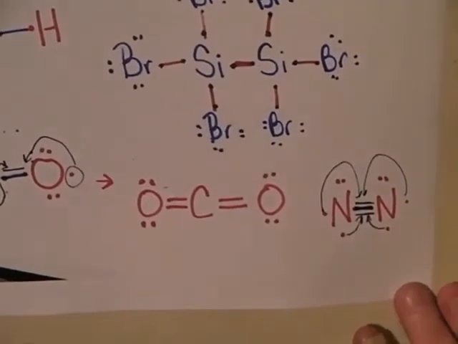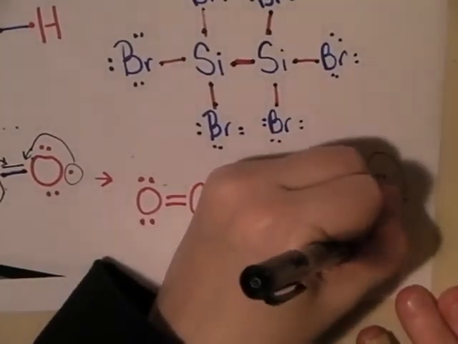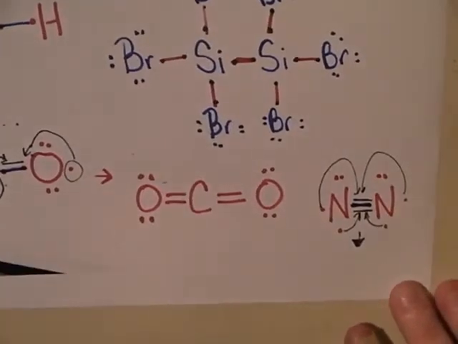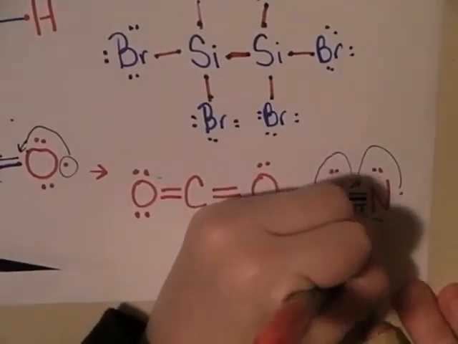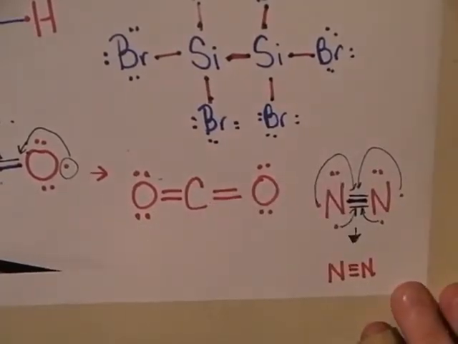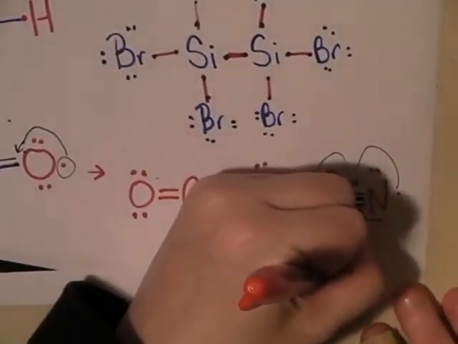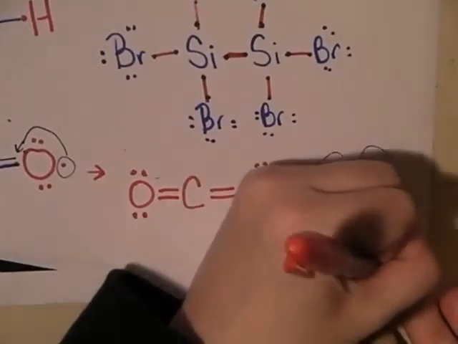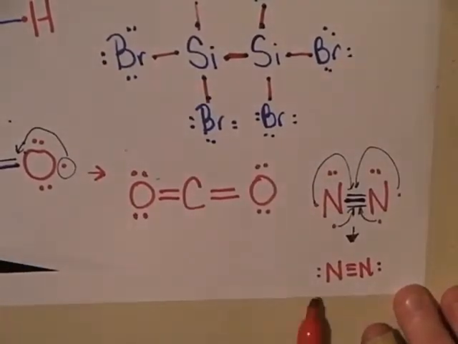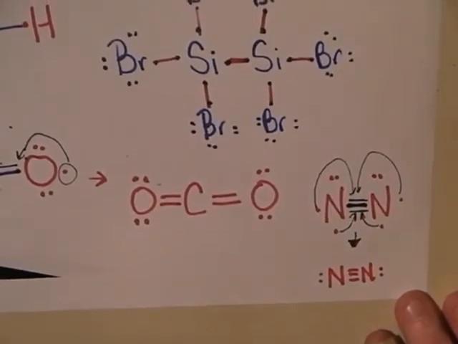Alright, so your final Lewis structure for nitrogen is 2 nitrogens triple bonded together, and then to actually draw it the most correct, which we wouldn't take points off for, is you should put the electrons on the sides to show the electrons would spread out as much as they could, but if you put them on top, it's okay. No big deal. Alright, and I'll zoom in on that if you can't